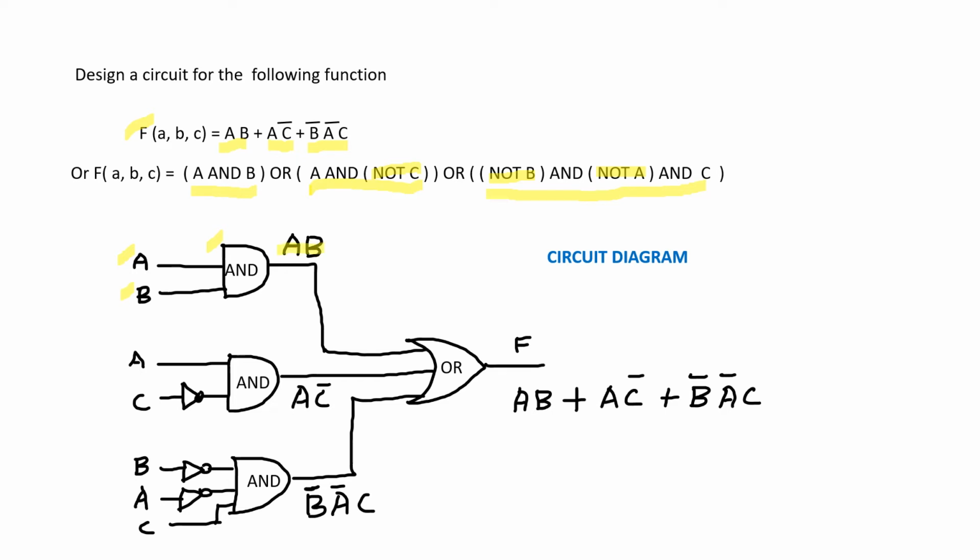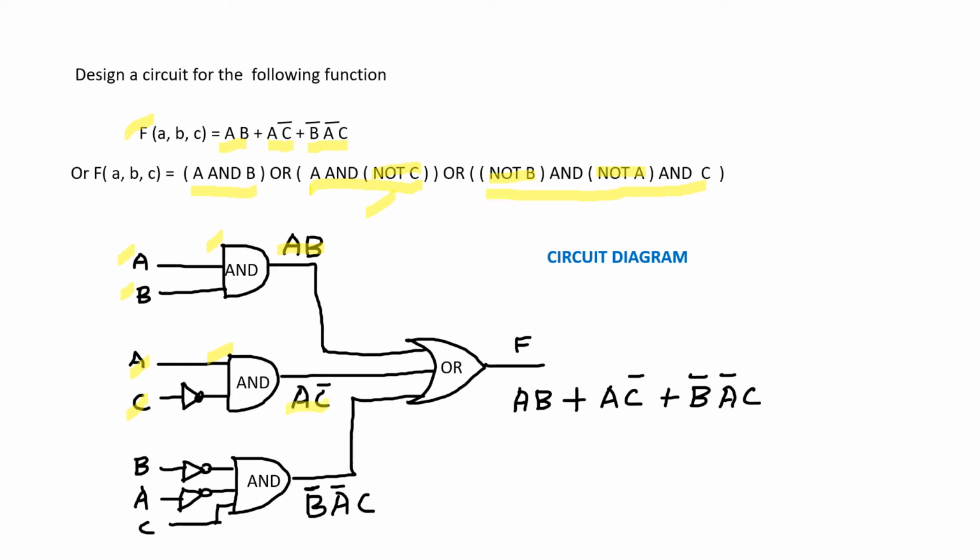And the next part, which is in this bracket, we're going to take it, and you can notice that a NOT operation on c has to be performed first, so we are going to do it. Next, there is an AND operation between a and NOT of c, so an AND gate comes in there. So the input is a and NOT of c. The output is going to be as specified, which is a and not of c.